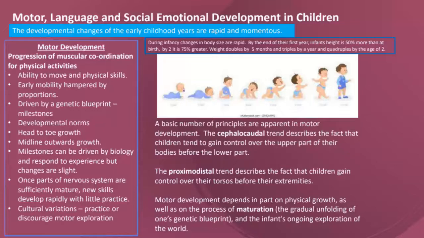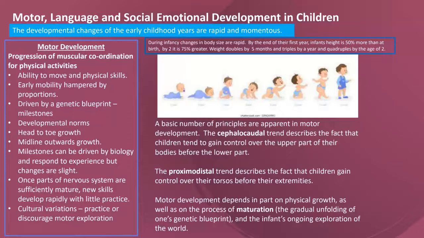So from the minute a child is born, a child is born with various reflexes, which are innate, as you know, like the grasp reflex. If you put your finger in their little hand, their fingers wrap around yours. They see, but gradually they start to focus and their vision becomes better. They also hear. From the minute they're born, children can hear. They can even hear in the womb. So there are certain things that the child is born with, but there's a natural progression of how development takes